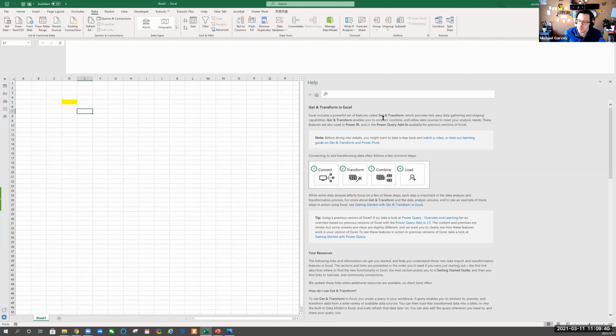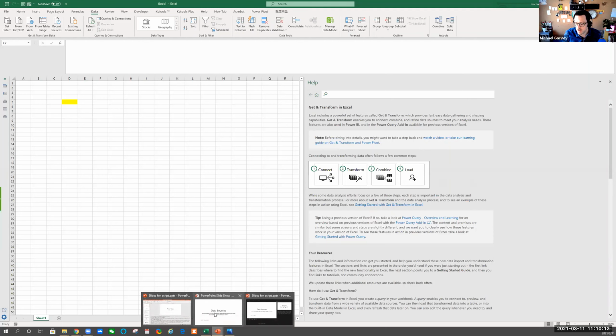I know I'm repeating myself here, but it's fast, it's relatively easy, and it allows you to manipulate data to give you better information. It enables you to connect, combine, and refine data sources to meet your analysis needs. Features are also used in Power BI and the Power Query add-in available for previous versions of Excel. So it's called Get and Transform, but really we're talking about Power Query. And if you look at this graphic here, which I've also put on my presentation, you'll see